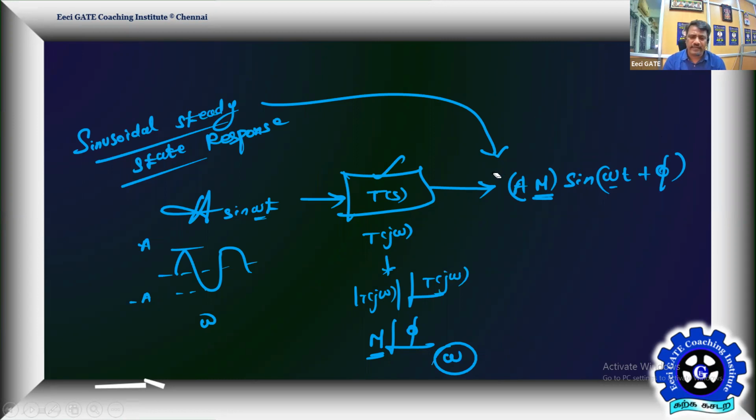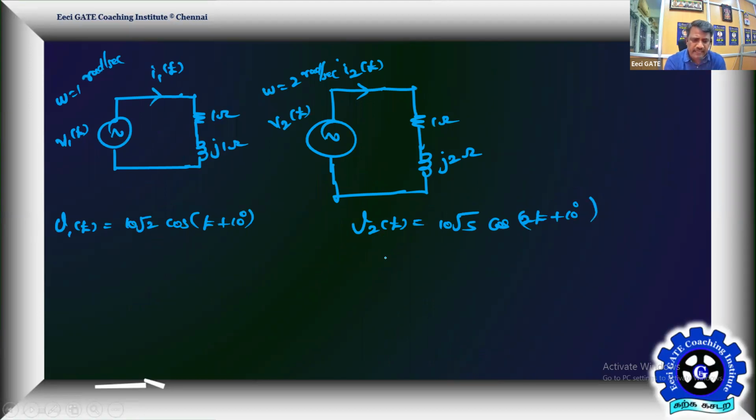So we need to get something similar to this. But what we have is a simple circuit. We already got the impedance, that's our system, so this is our result of j omega. So we can go for the system like I1 of s divided by V1 of s. That's your transfer function. Then you put this transfer function into polar form for the given supply frequency. Then you can do the similar steps. You're passing your V1 through the transfer function, and then you can apply the similar steady state response fundamentals. That's the basic idea behind this.